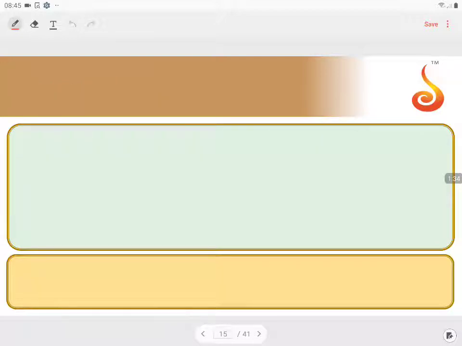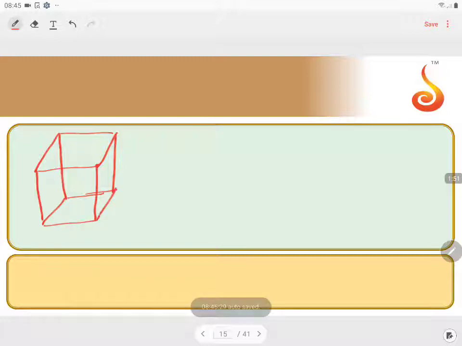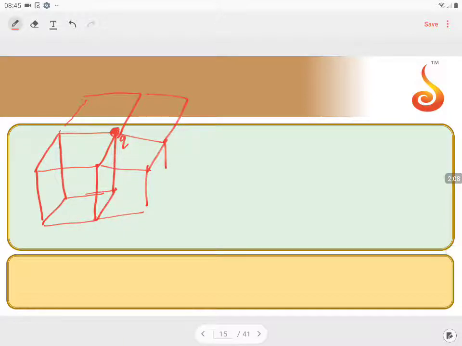So when you construct a bigger cube with the help of seven more cubes, along with this cube, eight cubes. So here you'll have the point charge. Here one cube will come, here one cube will come, here one cube will come. On the bottom side, four cubes. On the top side, also four more cubes. So totally eight cubes. The side of the bigger cube will be 2A. Then this point charge will be exactly at the center of the bigger cube.